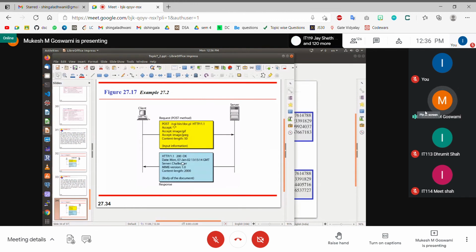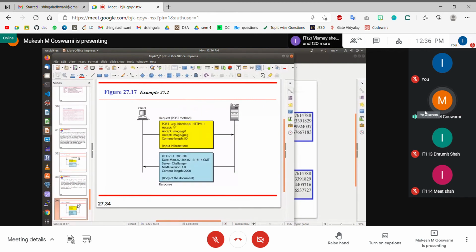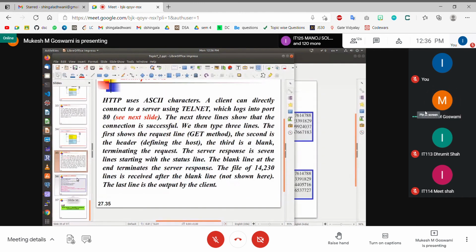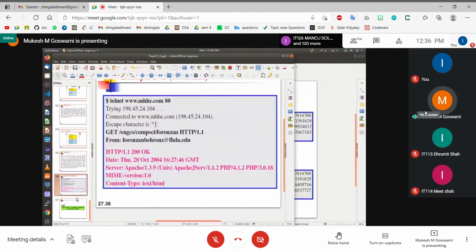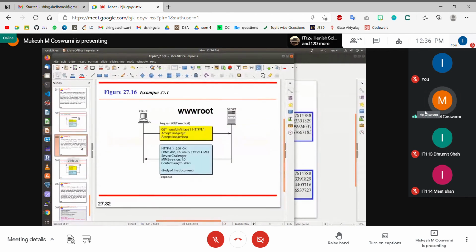And document type here can also be mentioned, that okay, the response is HTML, or the response is text, or the response is JSON, or the response is image, right? So that is not mentioned here, but it could also be mentioned by the server, what is the kind of document that you are responding back. And then the actual document or the actual content goes into the body of the response, right? So that is how the HTTP request and HTTP response mechanism is working. So I hope this makes sense, and you are able to understand the HTTP protocol, the mechanism of HTTP request and response.